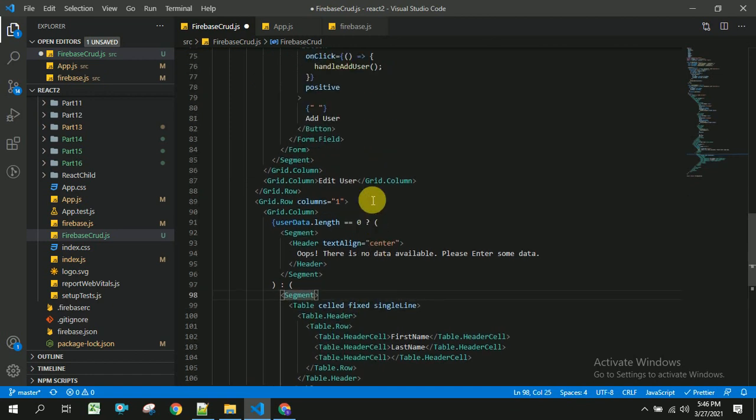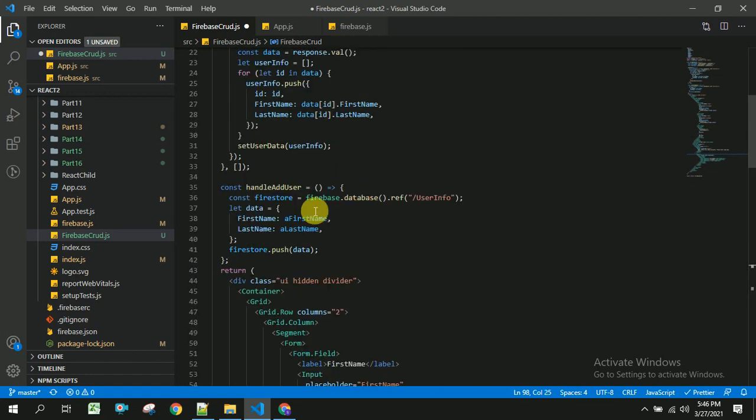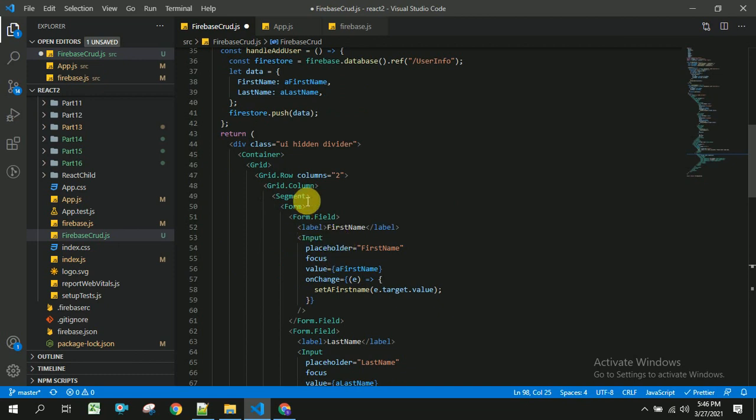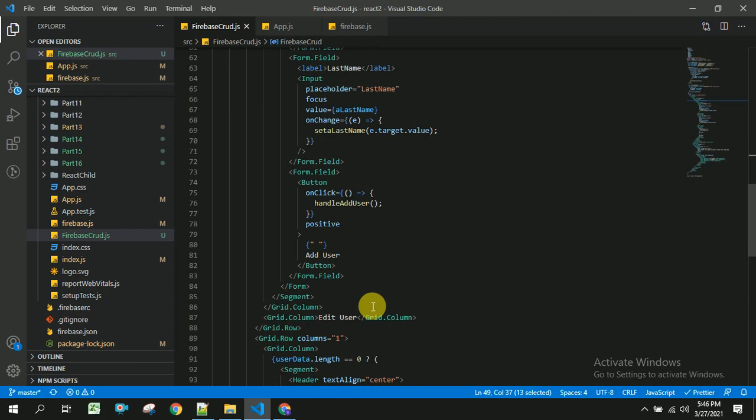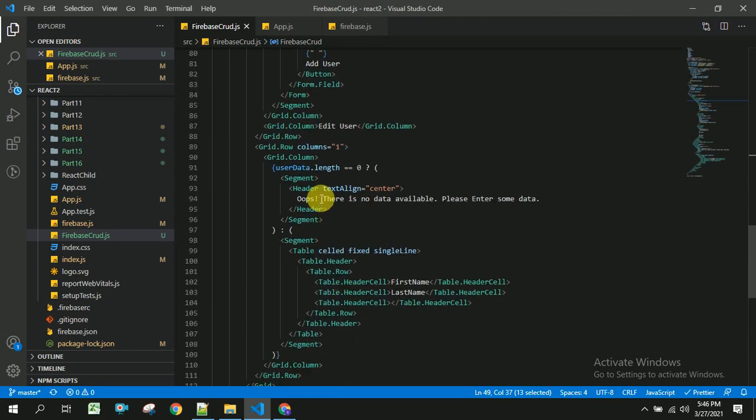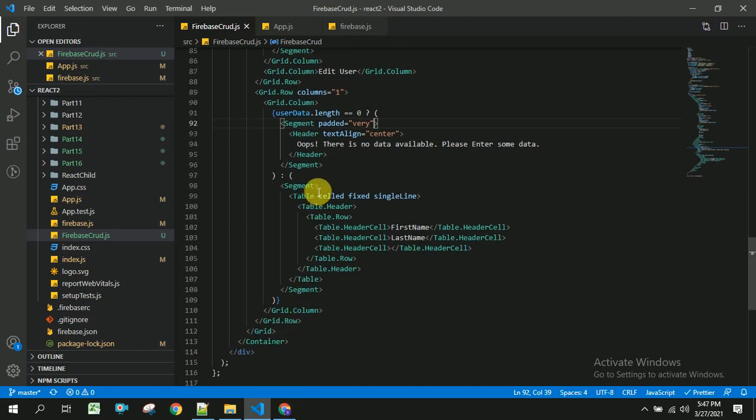And inside this segment I am going to apply a style called padded equal to very. I'm going to copy this and I will apply the same style inside all the segments, and I will show why I am going to add this padded equal to very. So let us save this.